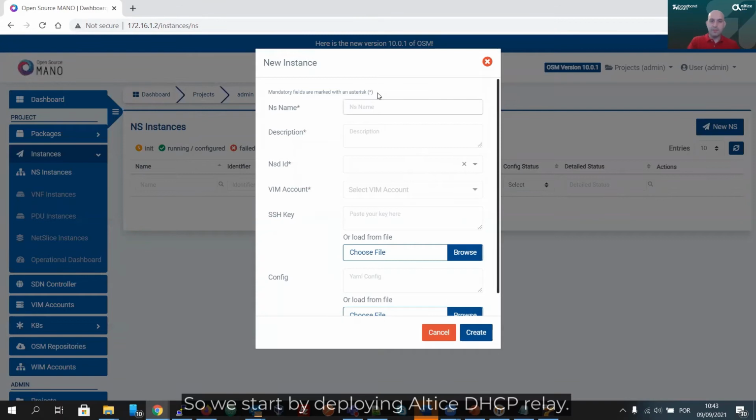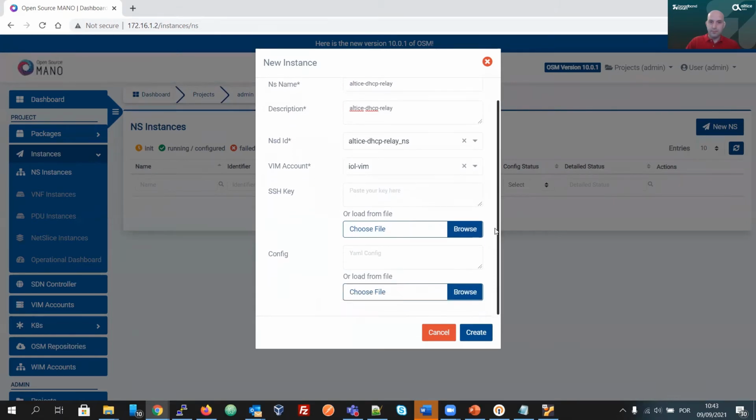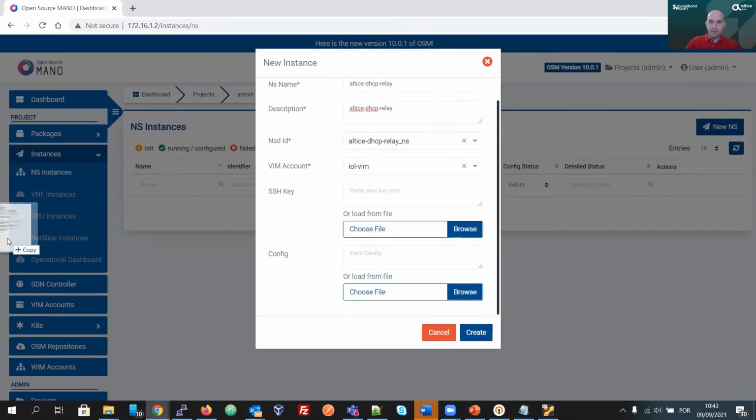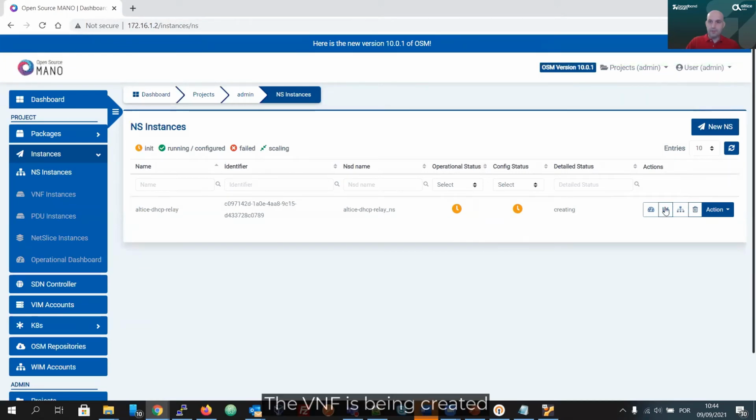So we start by deploying Altice DHCP relay. We had some day 1 configuration. The VNF is being created.